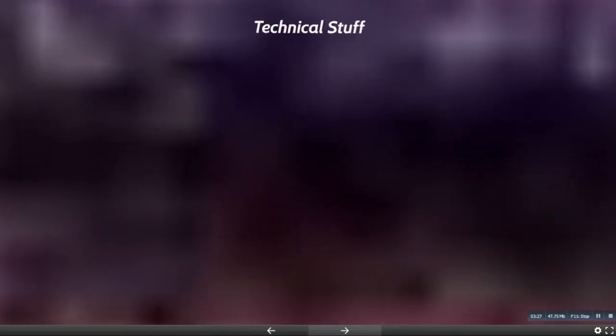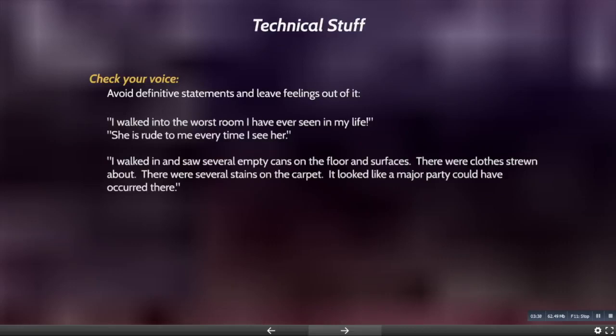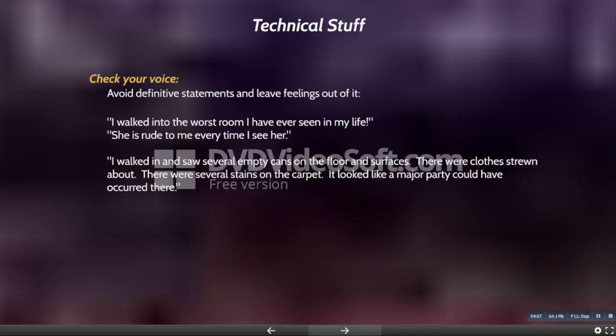So now it's time to get into the technical stuff. You really want to make sure you're checking your voice. Avoid definitive statements and leave your feelings out of it. There's a big difference between these two statements. You want to make sure that you're being objective and just stating your observations. Talk about things that people said, what you heard and what you saw. Not